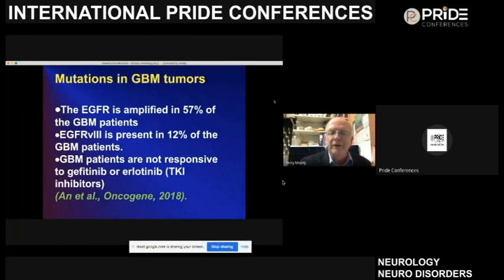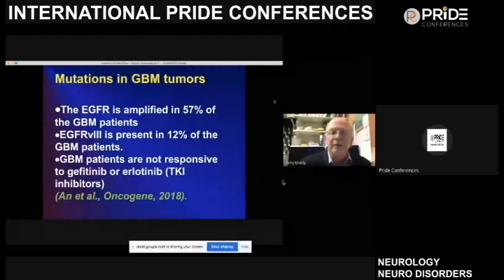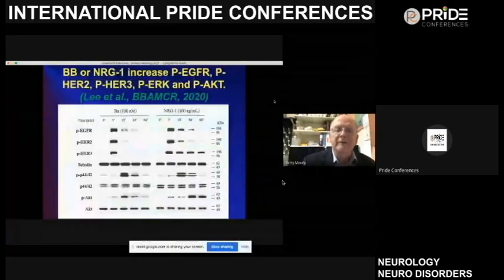EGF receptor variant 3 is present in 12% of patients. For non-small cell lung cancer, the EGF receptors are mutated, and the patients with mutated EGF receptor are highly responsive to tyrosine kinase inhibitors. In contrast, the glioblastoma patients are not sensitive to inhibitors, probably because of the ability to cross the